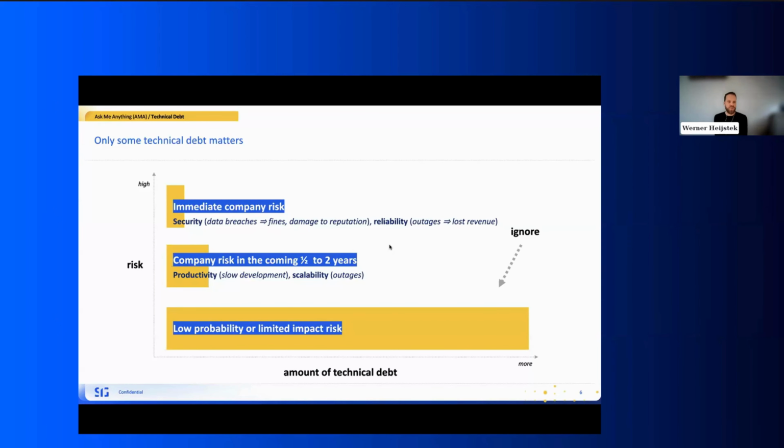Because any investment you make there is much more likely to provide you a nice return on productivity in the future. But for that, you need a discussion. The status quo, I think, is that many organizations are talking a lot about what technical debt they have. They have to debate where it is and whether it is technical debt, so that there's not so much time to actually talk about how to prioritize and solve it. And I think you should automate the first half of the discussion, so you can spend all your time on what is the best way to actually do something about this, and also include multiple roles in that discussion.